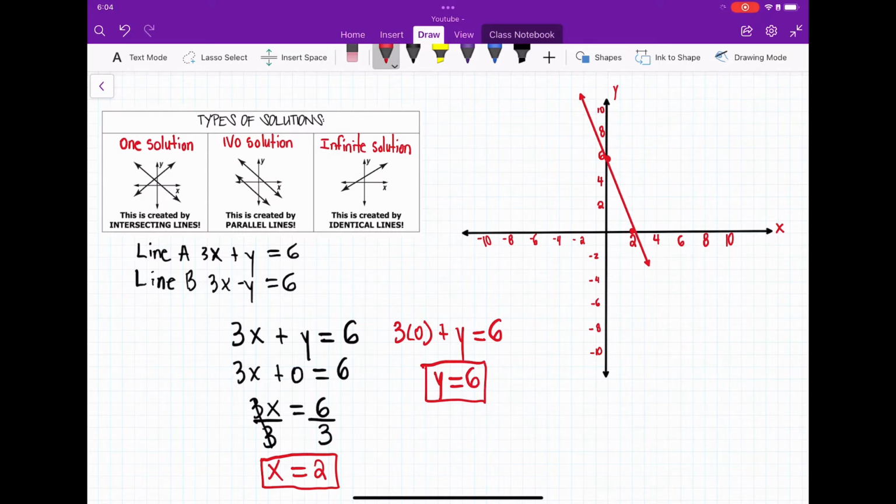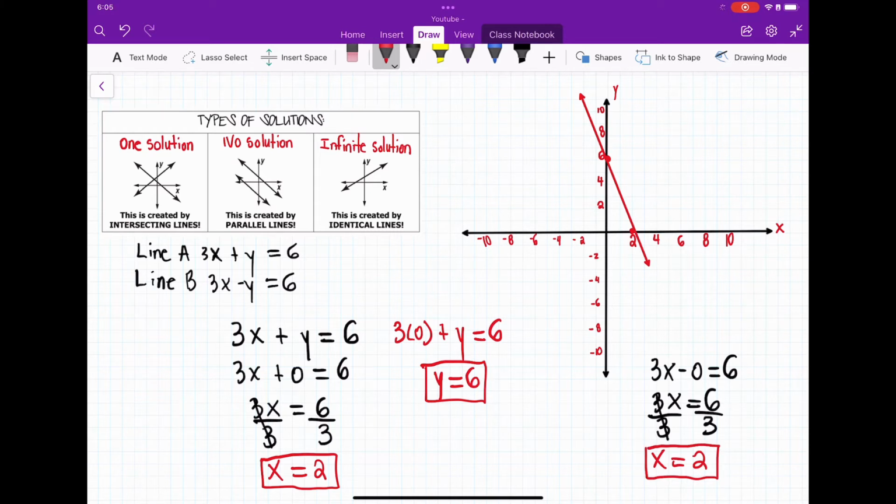Now we're going to go back and solve for line B. I'm going to do that on the right side of the graph. Same thing, right? We have 3x minus 0 is equal to 6, substituting 0 in for the variable y. What we get now is 3x is going to be equal to positive 6. Now, to solve, we're going to divide both sides by 3, and we'll get that x is equal to 2. So now what I'm noticing is